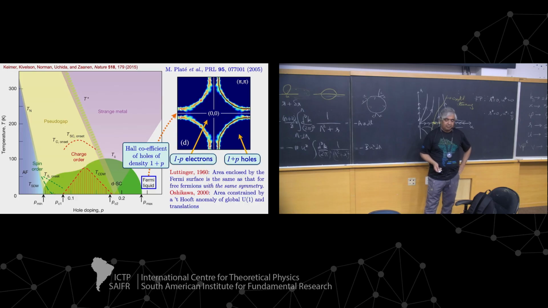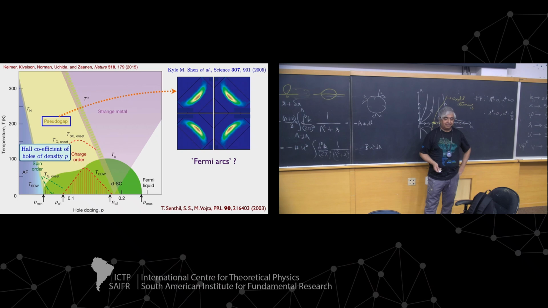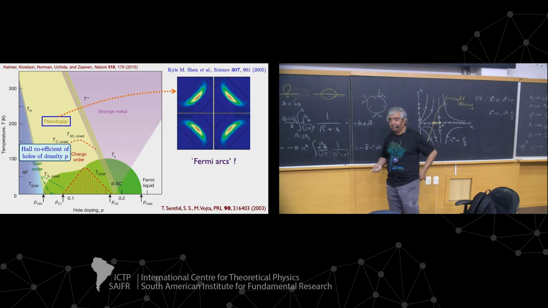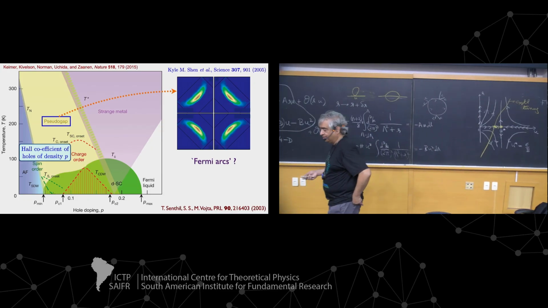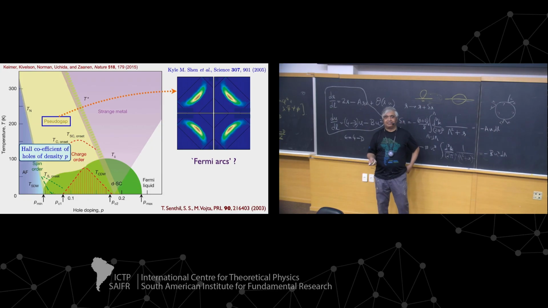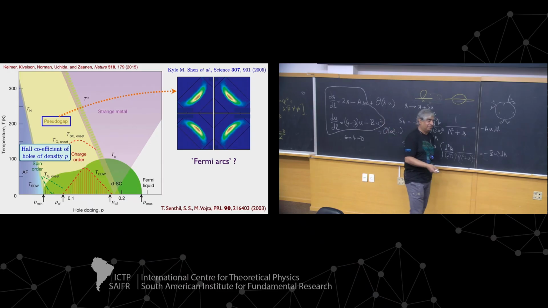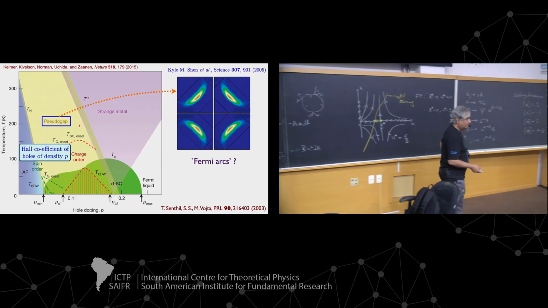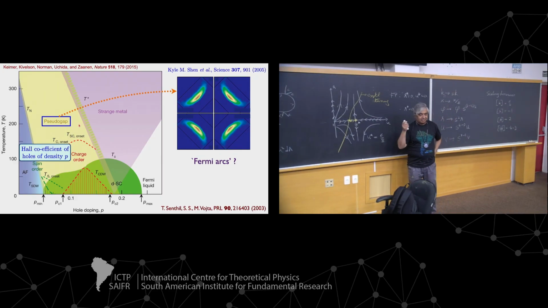Okay. But what's going on then on the left-hand side? Well, here you do get, just as you would get in the spin density wave state that I discussed today, a Hall coefficient of p. So the density of carriers is indeed p, as if you had long-range spin density antiferromagnetic order. But the trouble is, there is no antiferromagnetic order. People have looked for it. It's not there. In this entire yellow region, there's no sign of antiferromagnetism in neutron scattering. But there is still the Hall coefficient of p. Okay. So that's been one of the big questions in the field. What is this pseudogap?